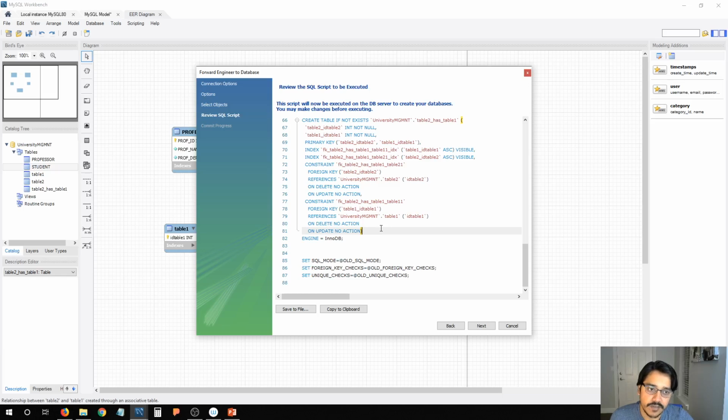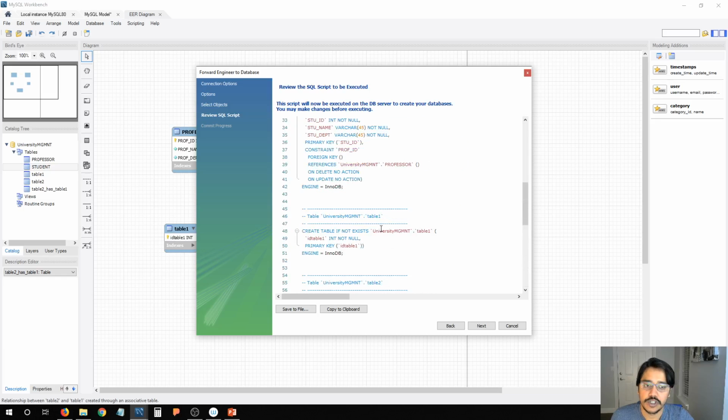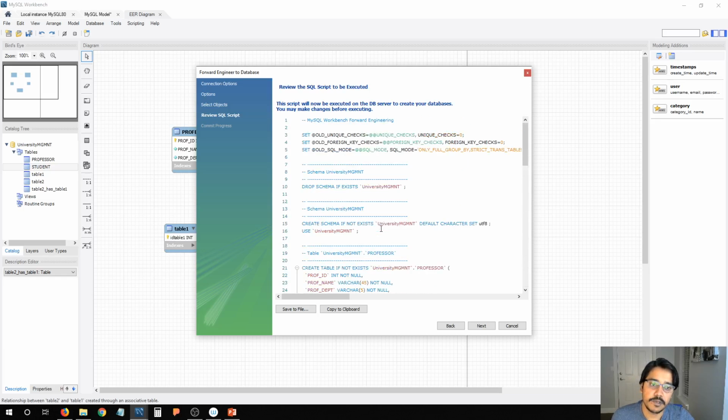Which is okay. If there is no interaction between the entities, nothing has been auto-generated. So it is helping you skip a lot of implementation coding